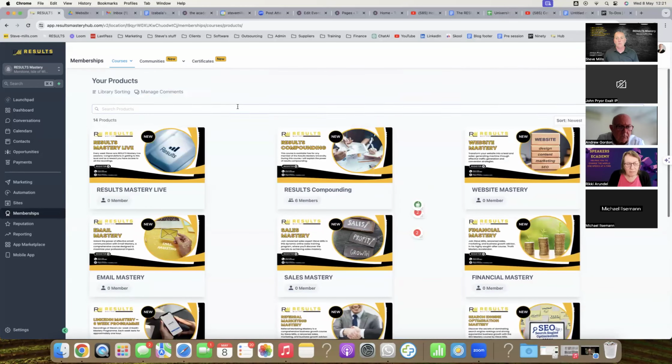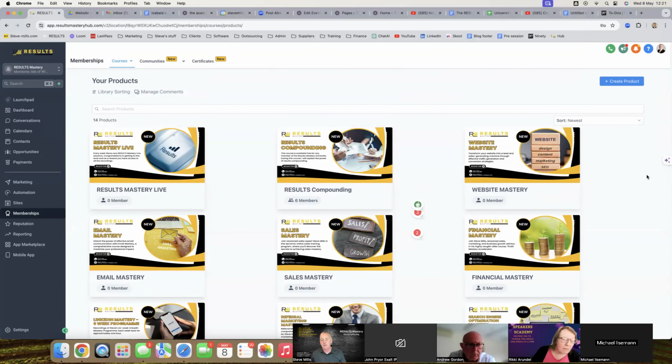Now, when you want to set one of these up, it's really easy, and it's pretty much the same in all these systems. You go to create a project. You can actually import if you've already got one in Kajabi, you can import it straight from there. So they've set up that functionality. But for now, I'm just going to show you by way of an example. You go in here, you press create from scratch.